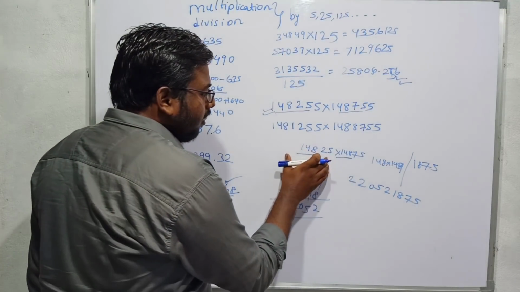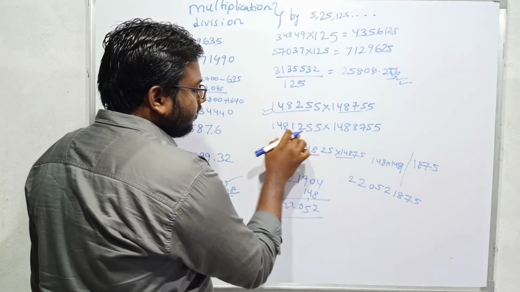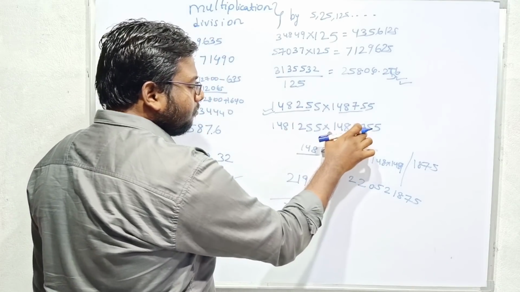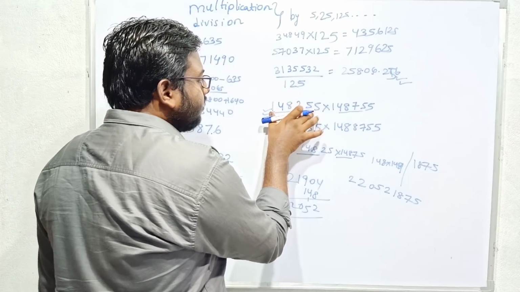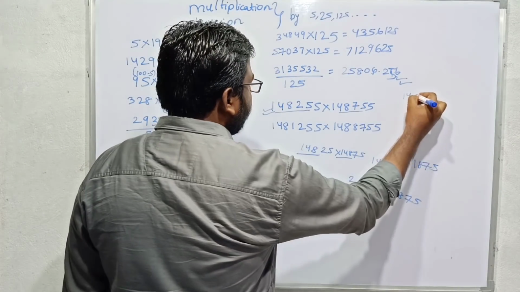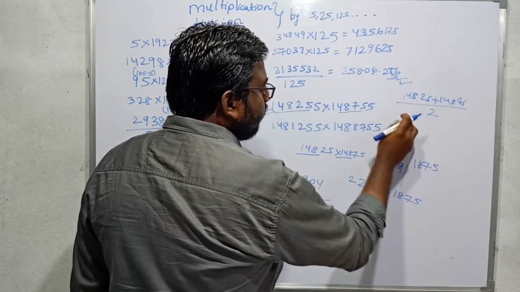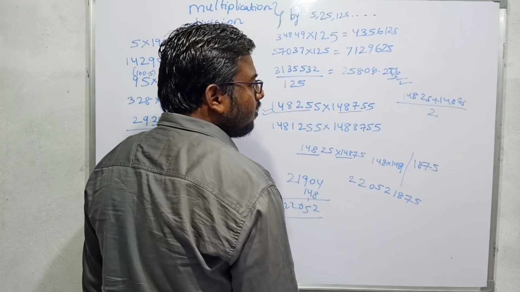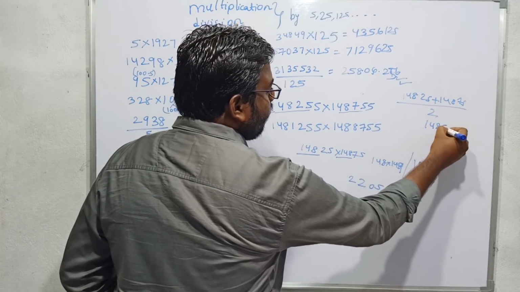So up to now we got the multiplication of this with this. Now we want to have the multiplication of numbers ending with 5. So the result for this is this number into this number plus the average of this number. Now we are discussing about this now. The average of this number with this number. So if we want to take the average of these two, 14825 plus 14875 divided by 2. Here 14800 is common. 25 plus 75 is 100. So 100 by 2 is 50. So the average for this is 14850.